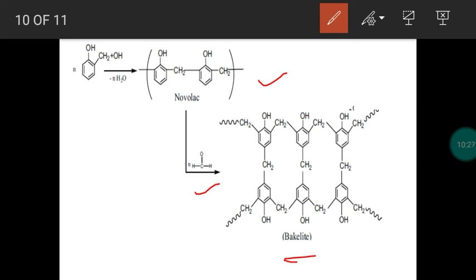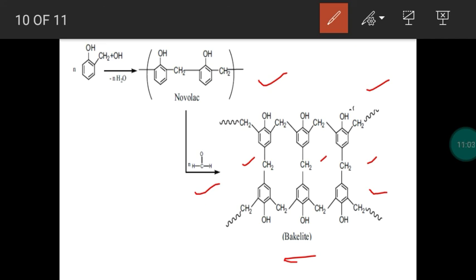So you can check the cross links. This is first main chain, second main chain. In between that, there will be a linkage. So this is a cross-linked polymer. And this is used in paints. Novolac is used in paints. The bakelites are used for binding laminated wooden planks, as well as in varnishes we use bakelites.